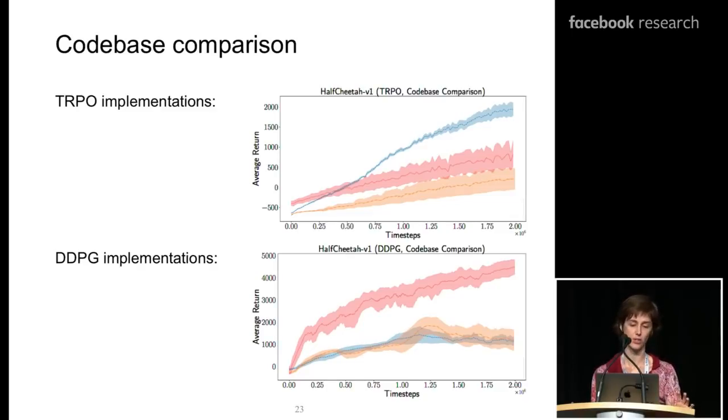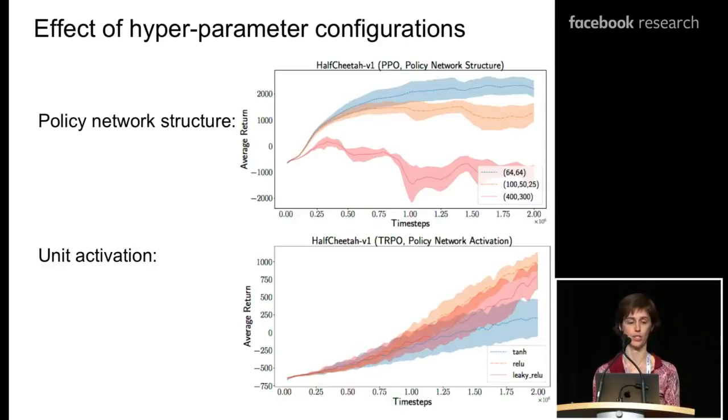We did the same exercise with DDPG. One of the implementations of DDPG is clearly superior to the others. And so there are some significant differences between these, and sometimes it's very hard to know what they are. We went digging a little bit more about what kind of factors could explain these differences. We started looking at something like the structure of the network that is used to represent the policies. These are neural network structures for the most part. Because it's a policy, they tend to be feed-forward neural networks with a few layers.